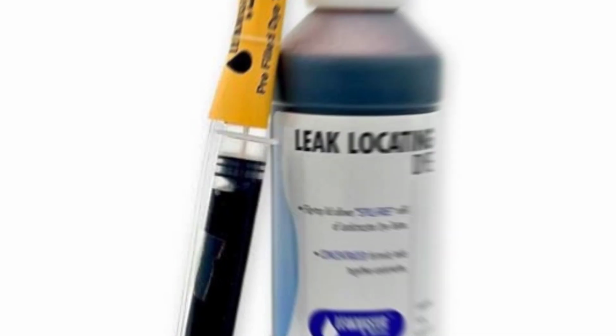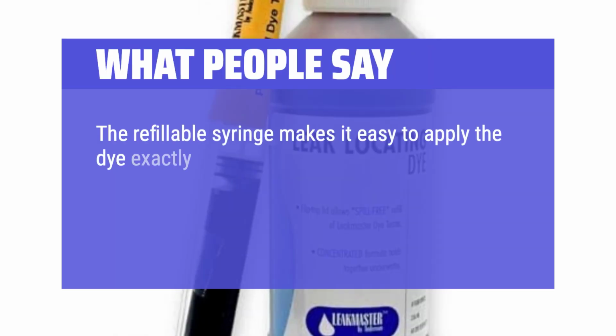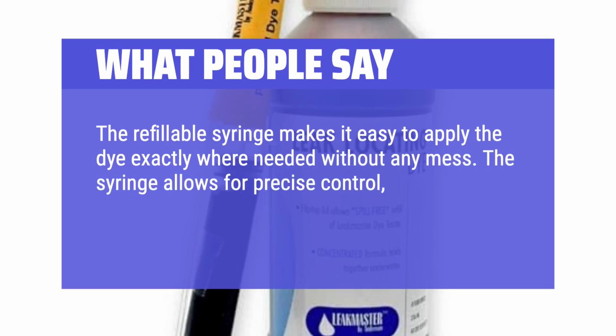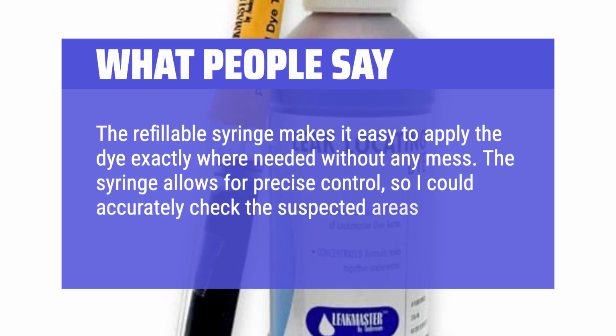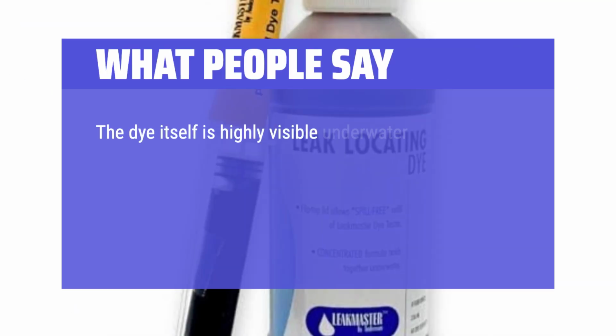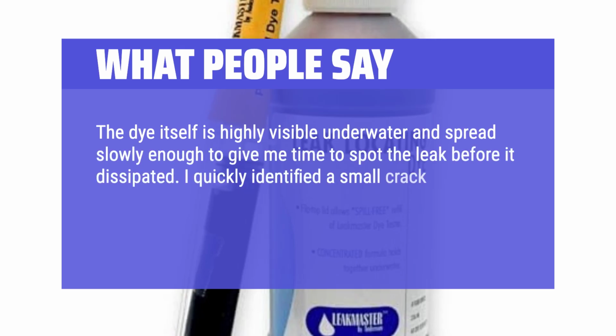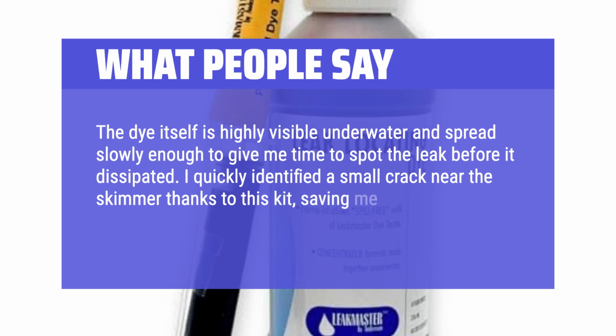What people say. The refillable syringe makes it easy to apply the dye exactly where needed without any mess. The syringe allows for precise control, so I could accurately check the suspected areas, including seams, drains, and returns. The dye itself is highly visible underwater and spread slowly enough to give me time to spot the leak before it dissipated. I quickly identified a small crack near the skimmer thanks to this kit, saving me from hiring a